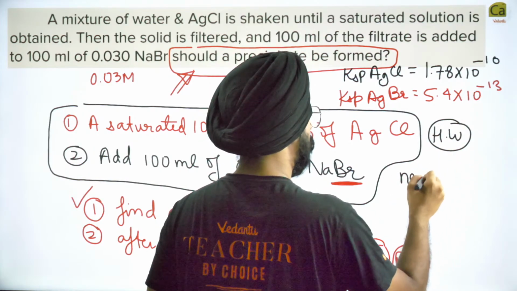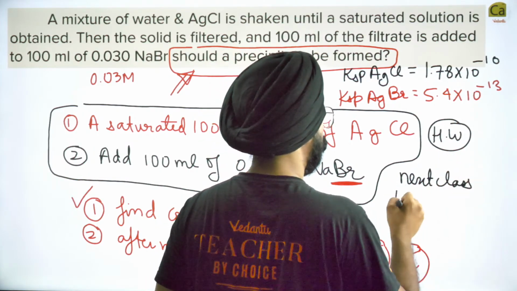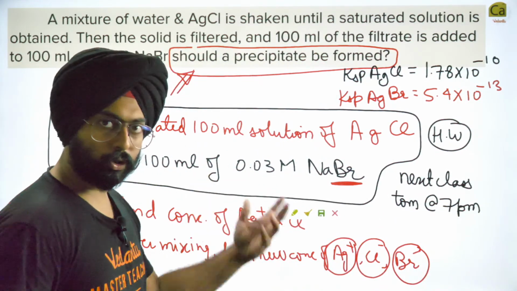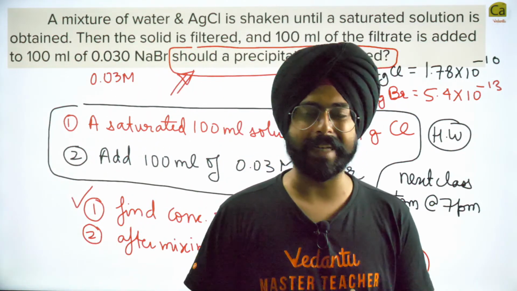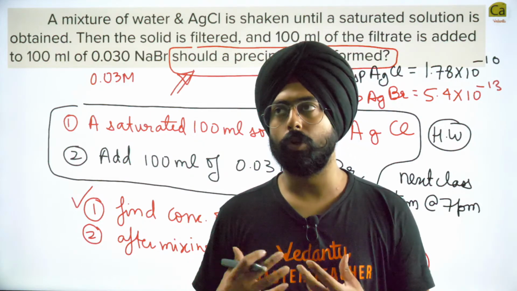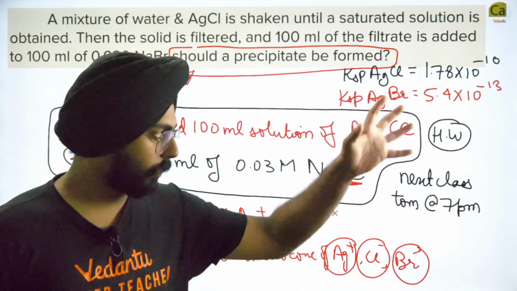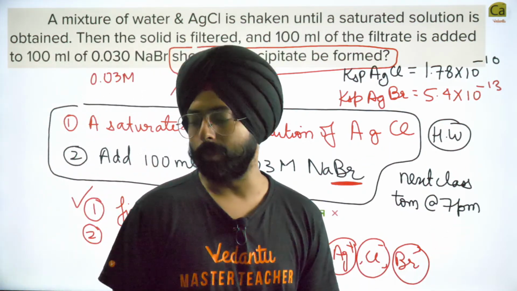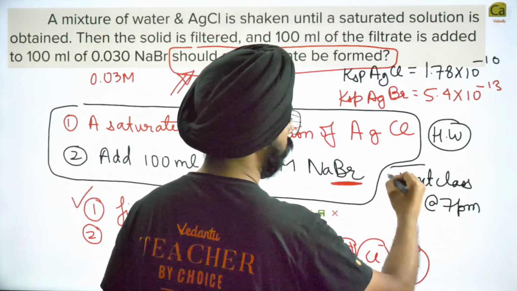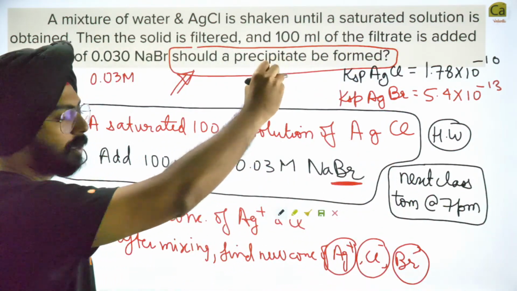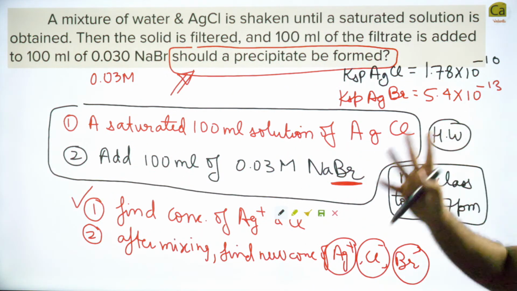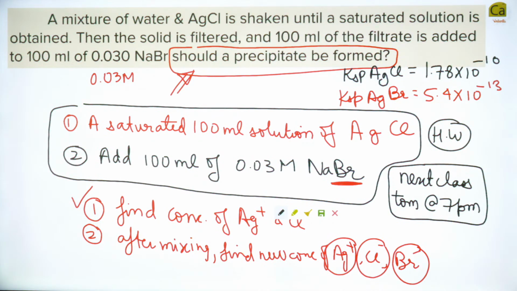Okay, so our next class is going to be tomorrow at 7 p.m. We will do a few questions of the solubility product and then we will get into what are indicators, what is titration, etc. So kal ki class is going to be dedicated more towards titration and indicators, but first we will practice some questions of the solubility product. ठीक है? Got it? So this is your homework. You have to give me the answer. Should a precipitate be formed? And if yes, which precipitate will be formed in this case? I have given you the hints of the question that are necessary to solve it.